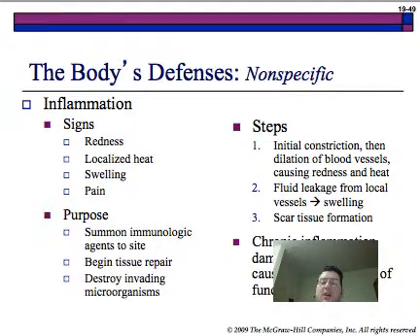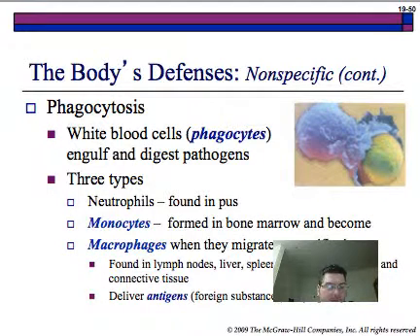Steps: the initial constriction, then dilation of blood vessels causing redness and heat, fluid leakage from local vessel swelling, and scar tissue formation. Chronic inflammation damages tissues and causes permanent loss of function. The body's defenses include phagocytosis,